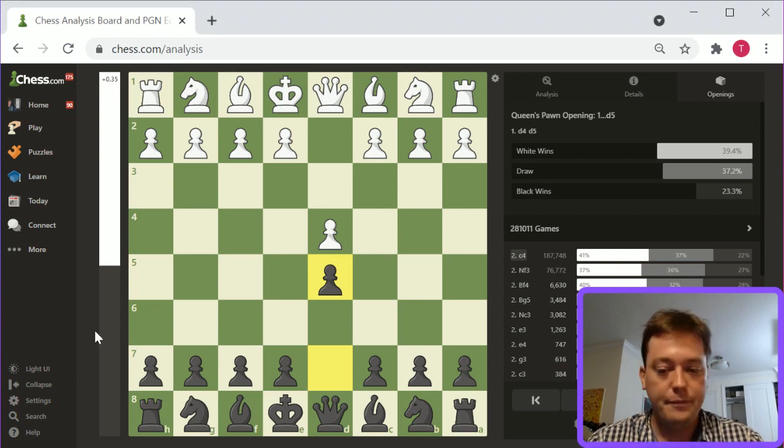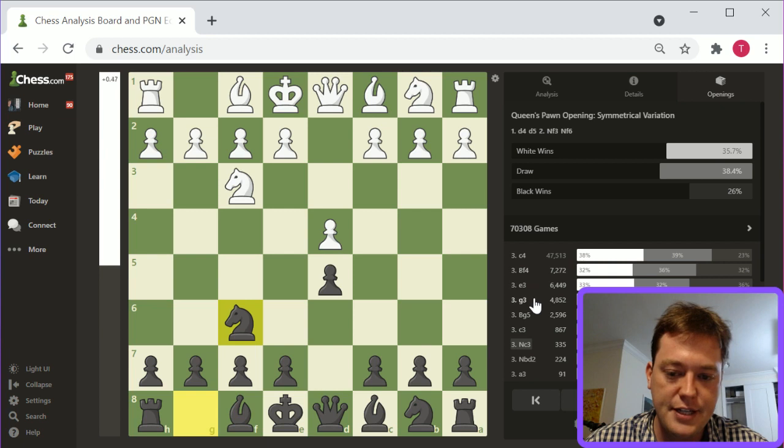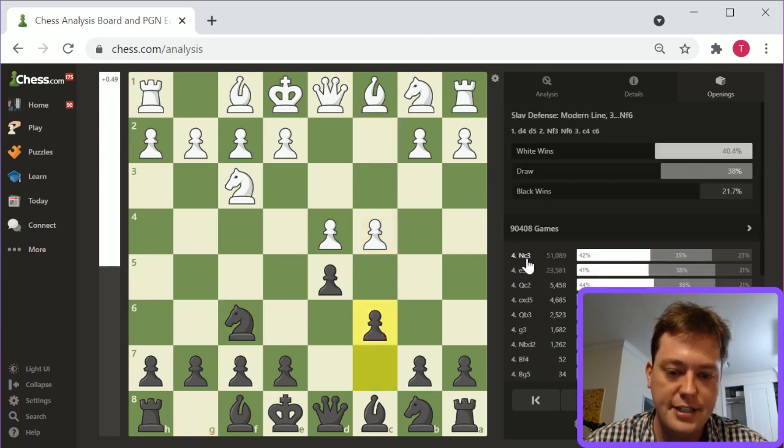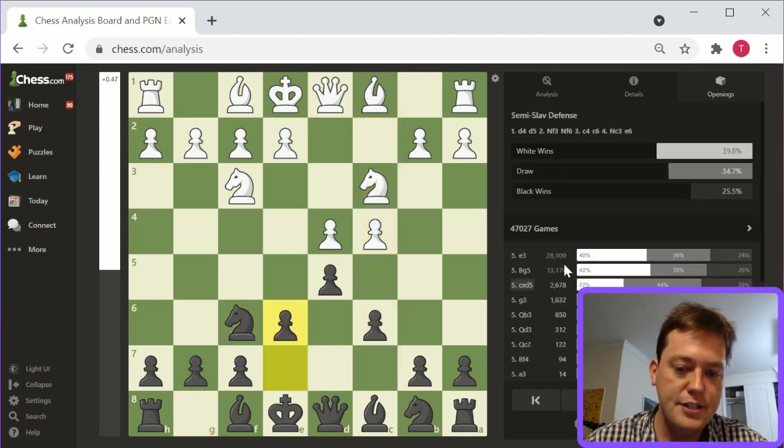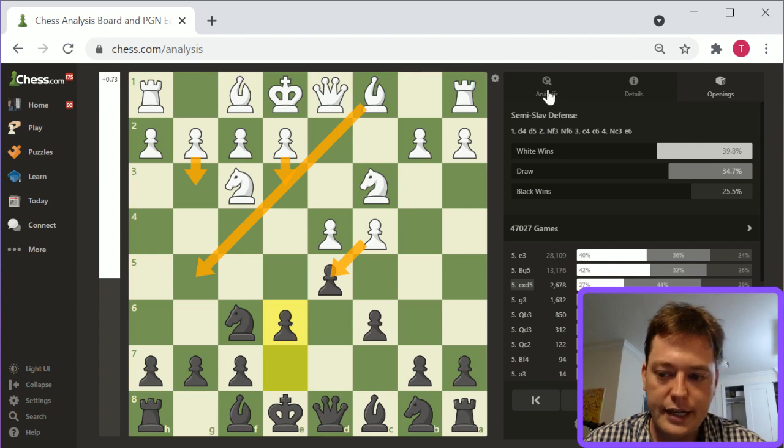But yeah, please do. Okay, so here, you have knight f3, knight f6, c4, c6, knight c3, and this is sort of a different way that you can transpose into this semi-Slav position. e3, bishop g5, c takes d5, g3. I'm gonna guess when we look at the analysis that yeah,